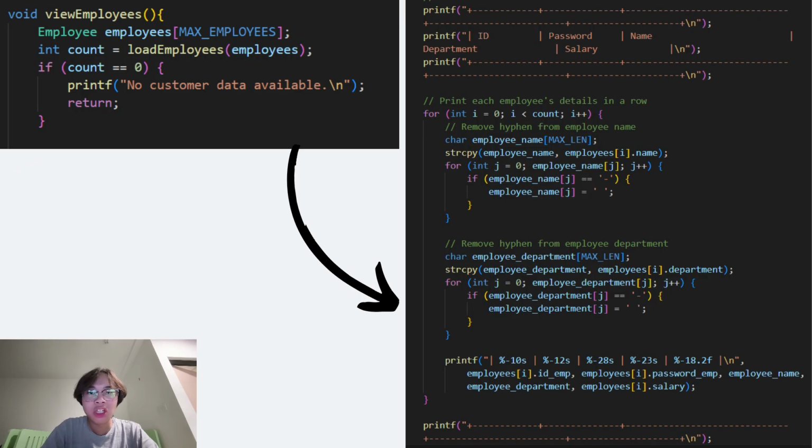The viewEmployees function displays a formatted table of employee data. It starts by loading data into an array using the loadEmployees function, which returns the total number of employees. If no data is found, it displays a message and exits. The function prints a table header with aligned columns for ID, password, name, department, and salary. To improve readability, hyphens in employees' names and departments are replaced with spaces by iterating through the strings and modifying